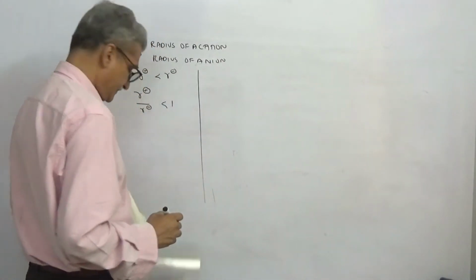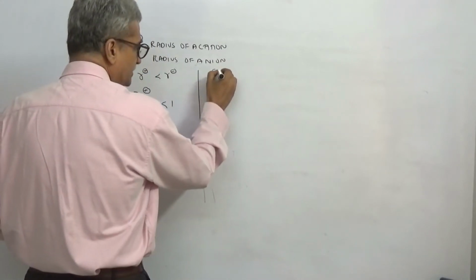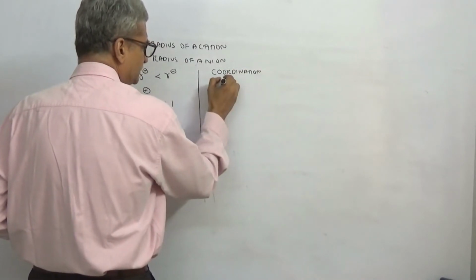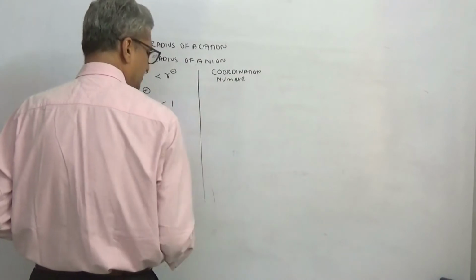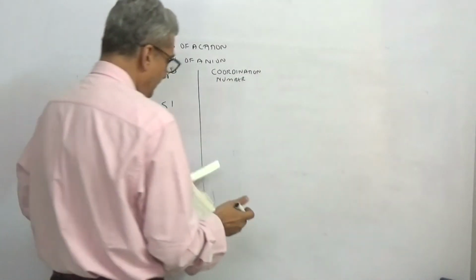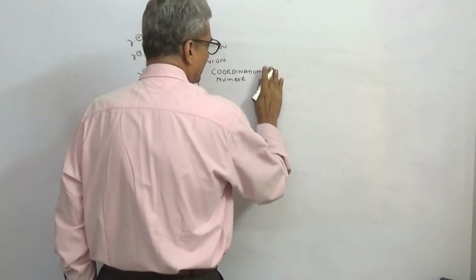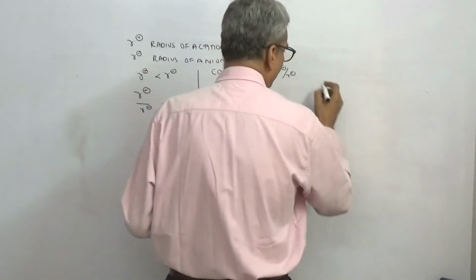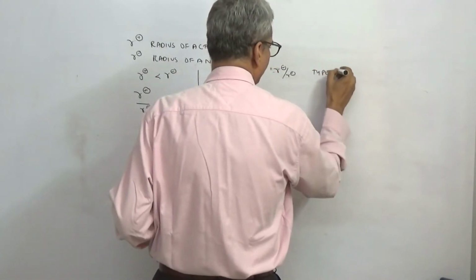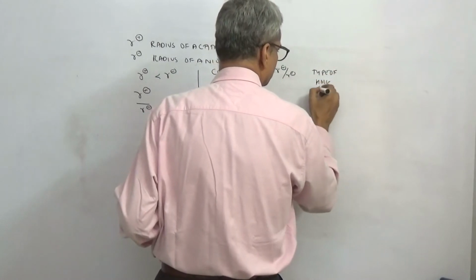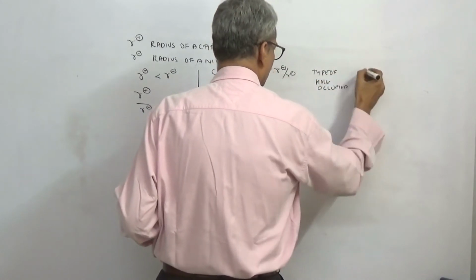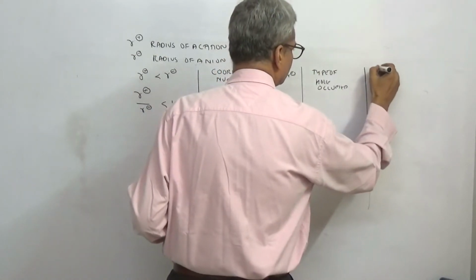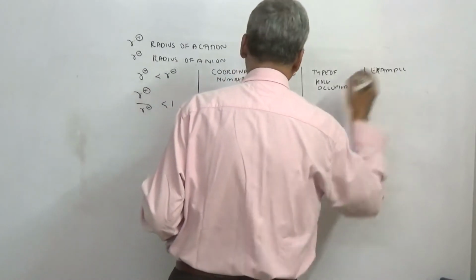So now what happens is, we have coordination number. Please learn this table by heart. A lot of questions are asked in 12th on coordination number in this table. Then the limiting value of radius of cation upon radius of anion. Then we have the type of hole occupied. Okay, and then an example. Very simple here, try to understand.